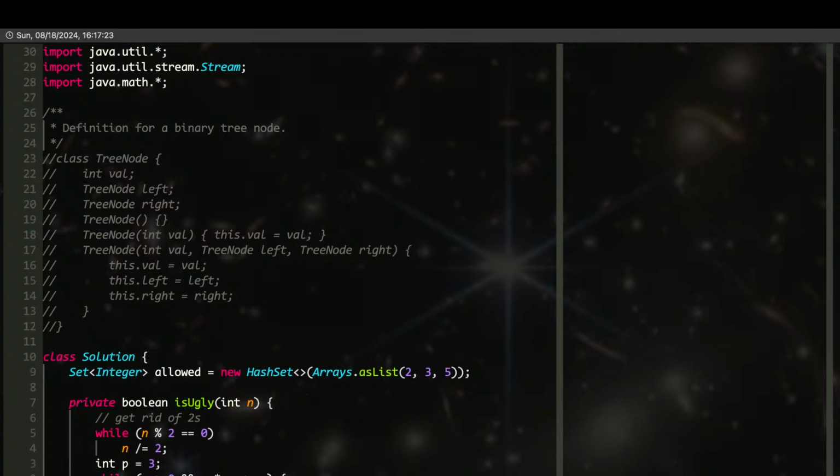So P is a prime factor, right? And then if it's a prime factor, if allowed dot contains P. If it does not contain P, then we should return false, right? Otherwise, we should keep going